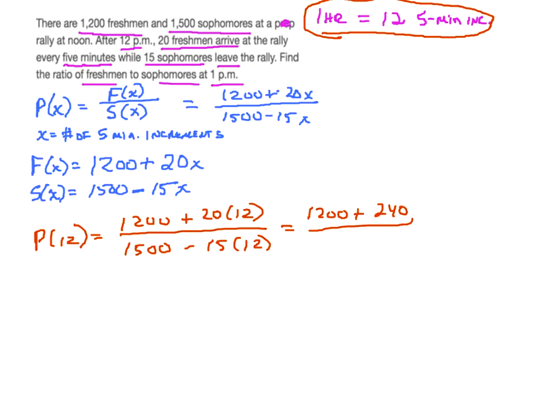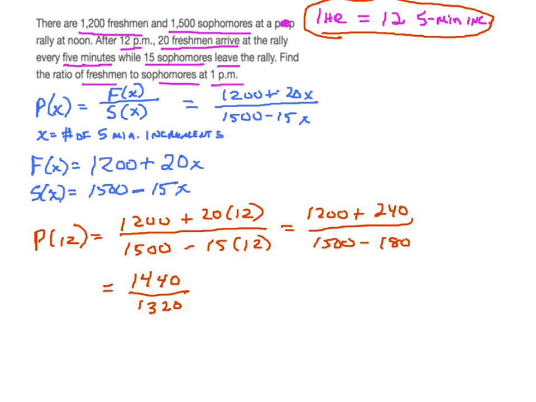That's 1,200 plus 20 times 12 divided by 1,500 minus 15 times 12, which is 1,200 plus 240 over 1,500 minus 180. When I combine those numbers, I get 1,440